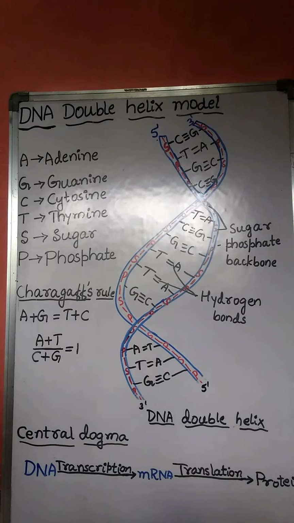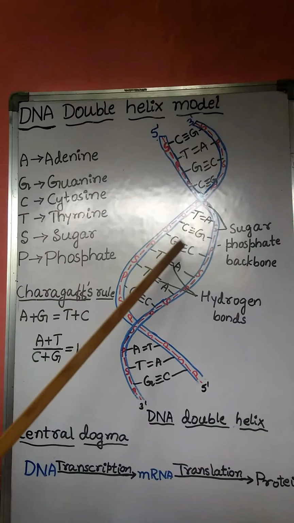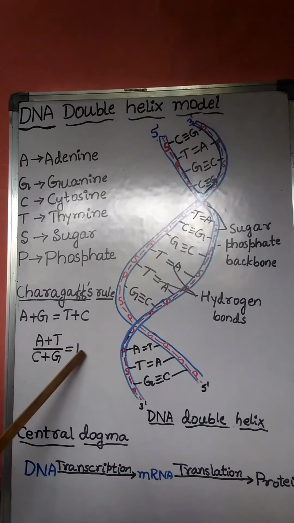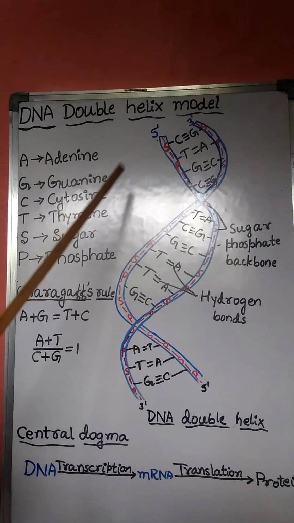Francis H. C. Crick and James D. Watson proposed this DNA double helix model with the help of the results obtained from X-ray crystallography and X-ray diffraction studies. Some of the characteristic features, or the salient features, of the DNA double helix model are: